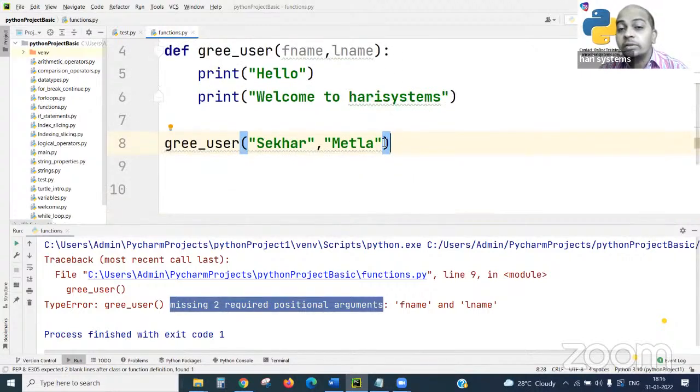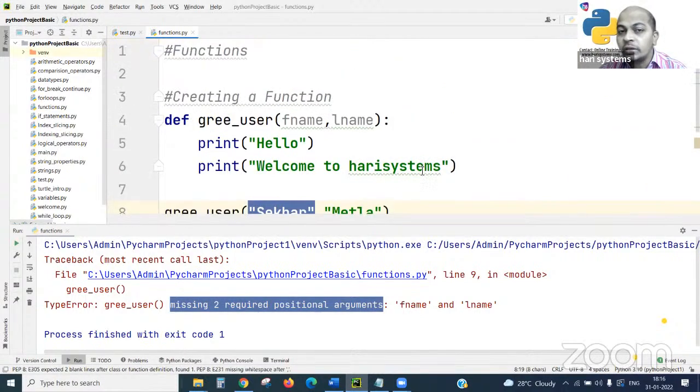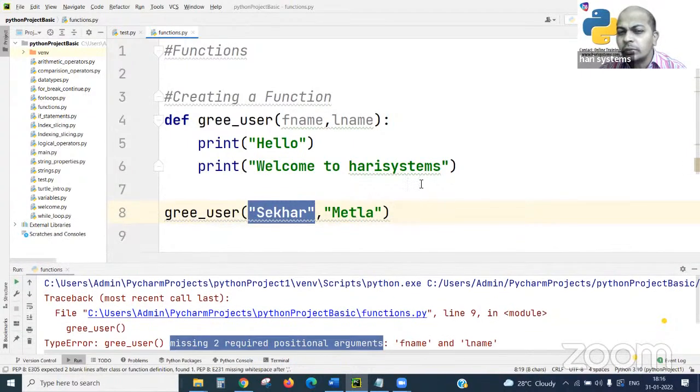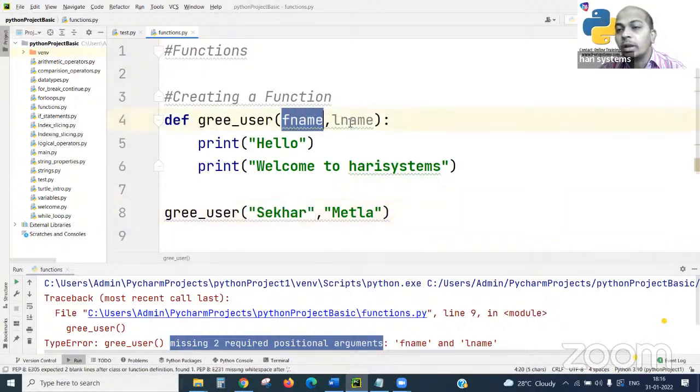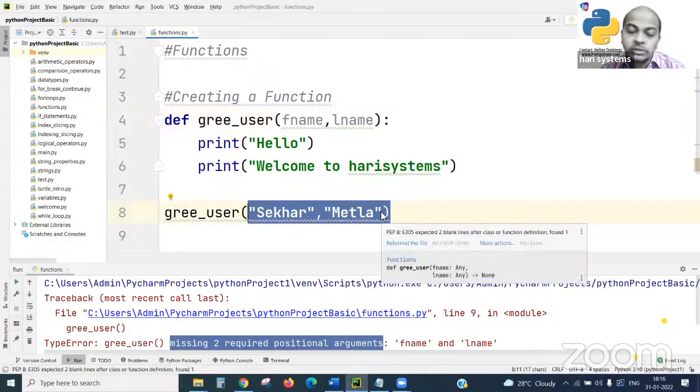I won't get one. Why? Because I'm passing two values for these two parameters. First, this argument data is going to be assigned to f name, and the same way the second is assigned to the L name parameter. Here they are called parameters, and here they are called arguments.